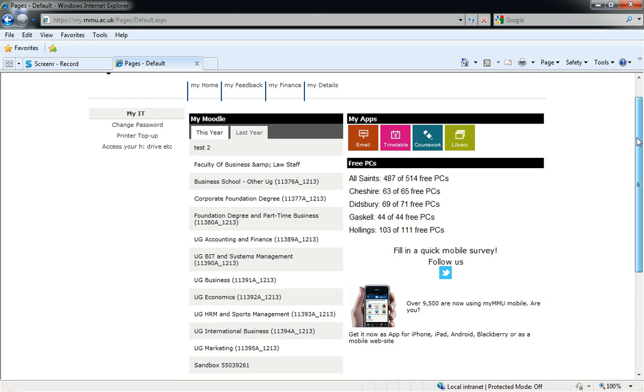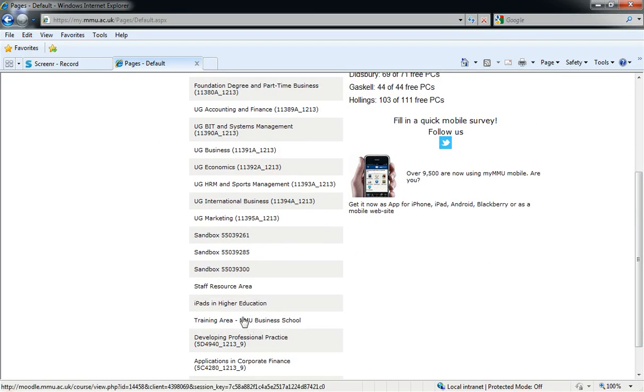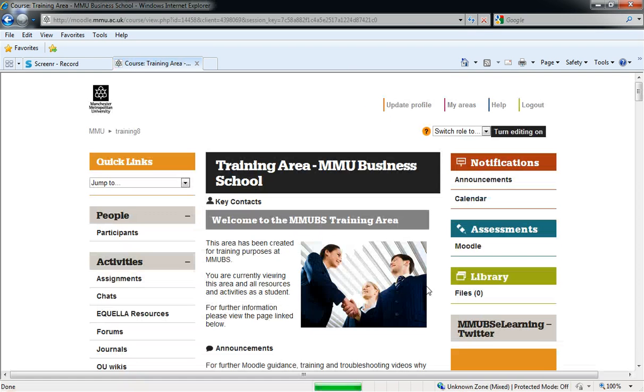So to access Moodle, I'm going to scroll down, and I'm going to select my MMUBS training area. Now if I click on this, it'll take me directly into Moodle. You'll see it's popped up and it's taken me directly to this site. And it will take you directly to any of the areas that you select when you click from that list. You can access Moodle directly, bypassing that portal, if you type into your URL bar